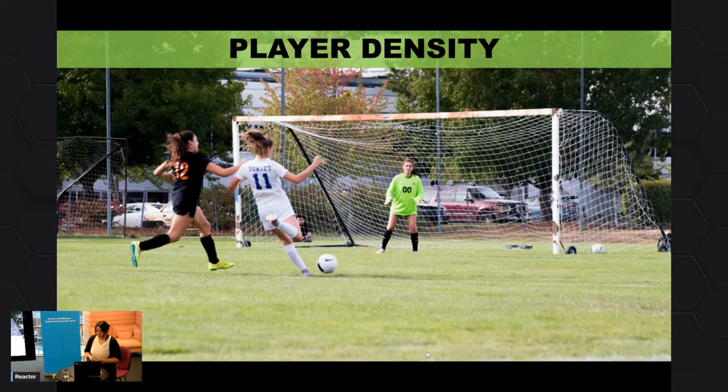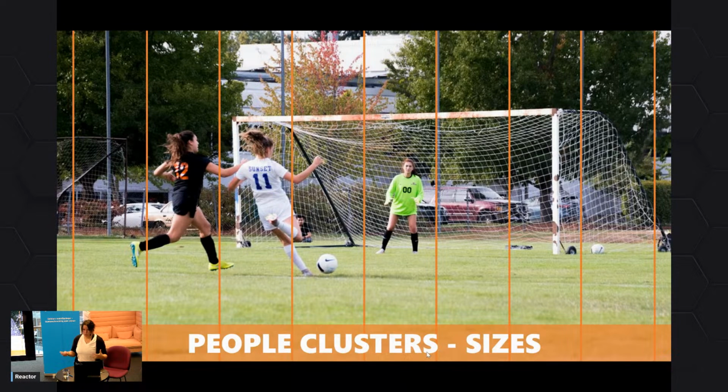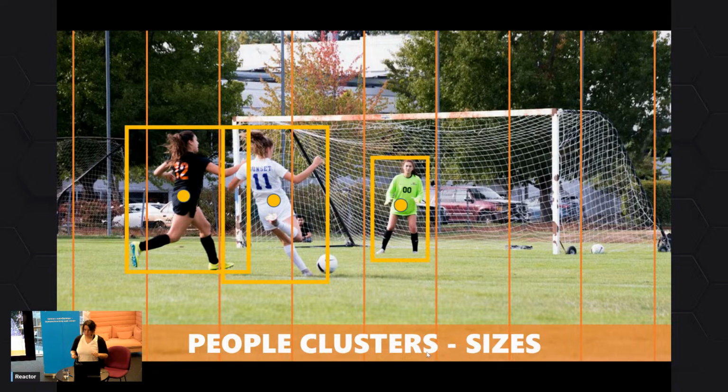For the player density, what we did when we did our trial runs was, first off, we were going like, so how can we possibly figure out if we have players huddling together? So we did this. We split up the picture into 100 sections, lengthwise. And then we did object detection to figure out where the players were. And then we said, okay, mark down a 1 in each of the sections that has a player. If we have 2 players in one of the sections, then there will be a 2, like the center position of this object box.